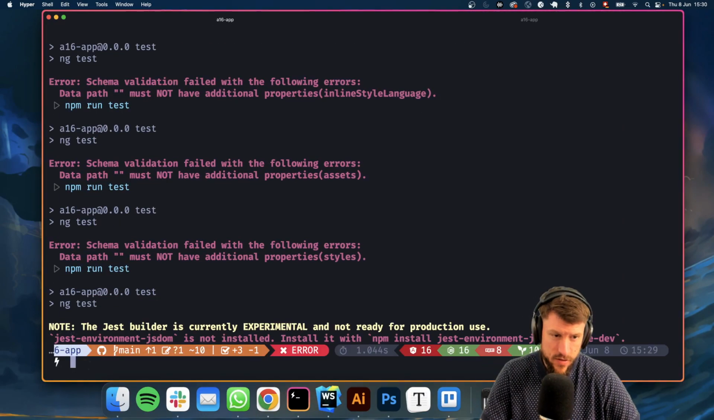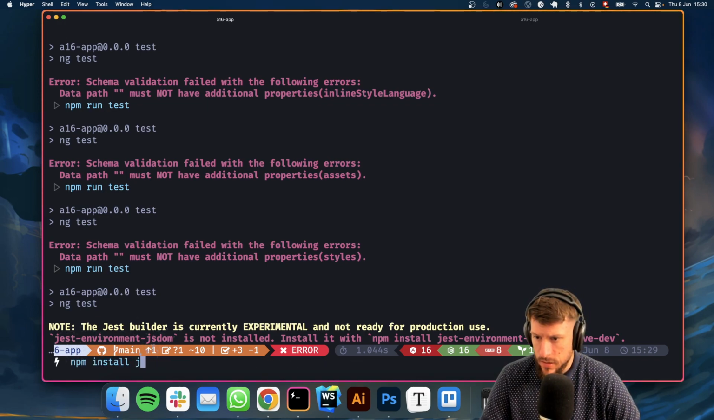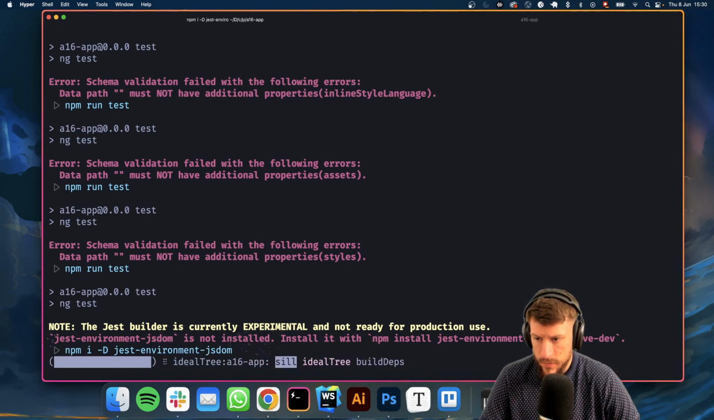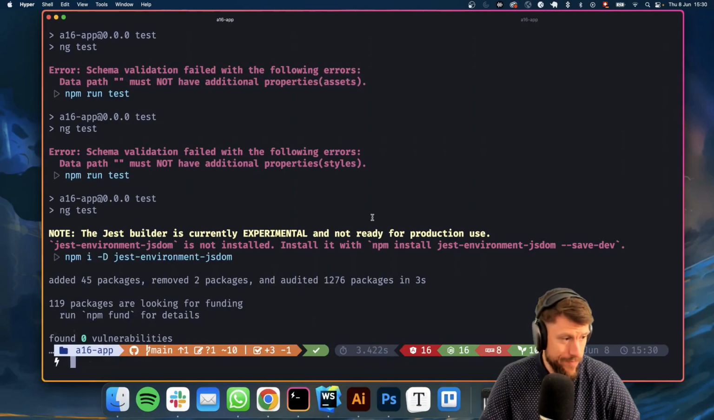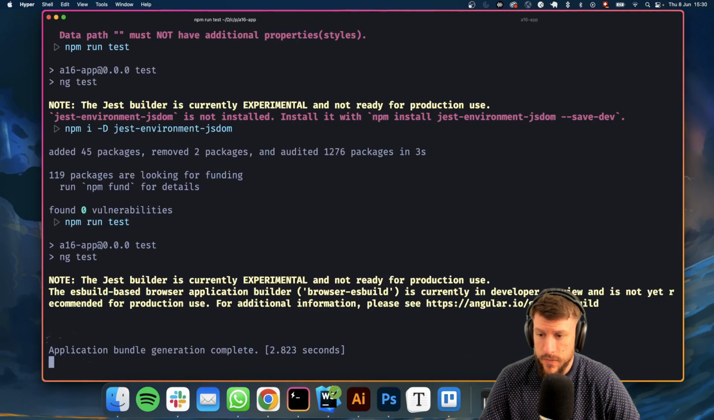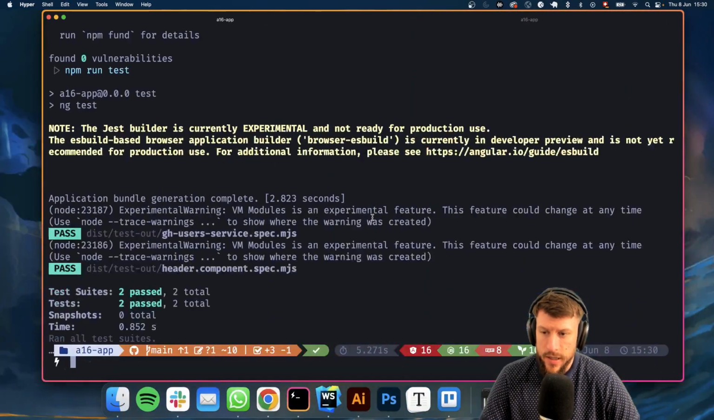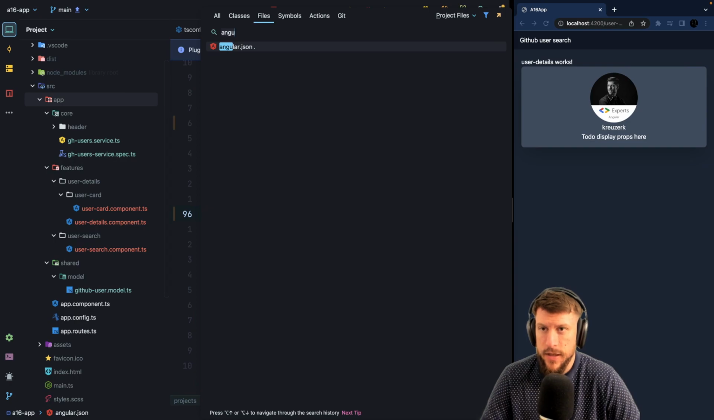JSON is not installed. Okay, it's not as simple as they just say. Environment jsdom. Let's see again. Jest builder is currently, yeah. Cool, so it passed. So basically now we are running in Jest,